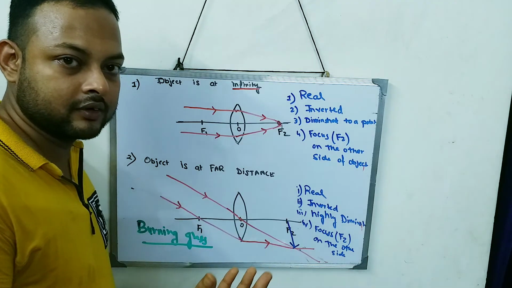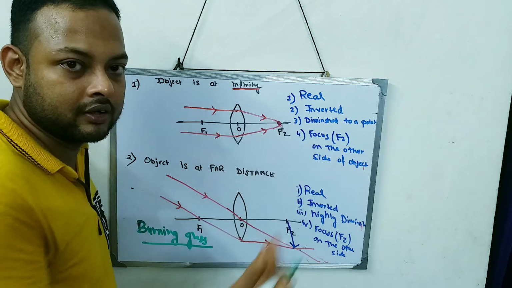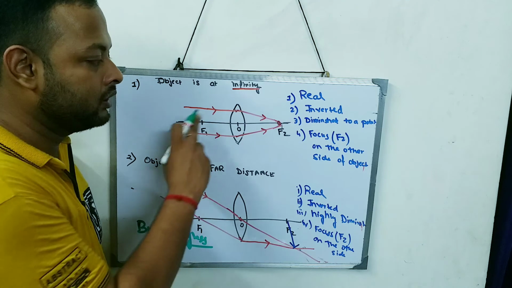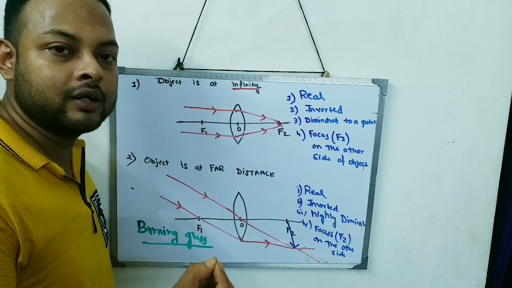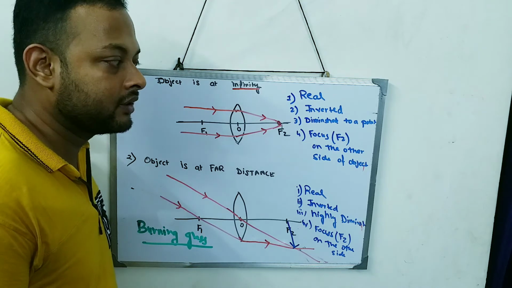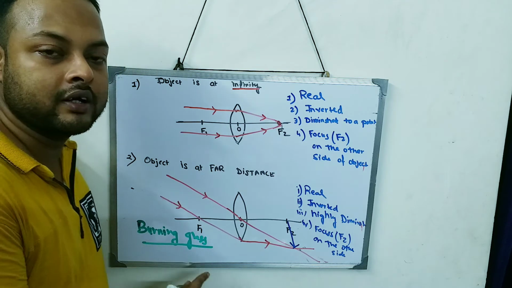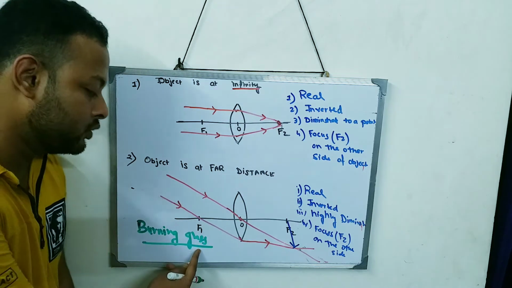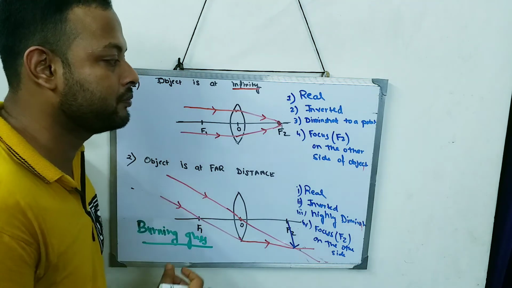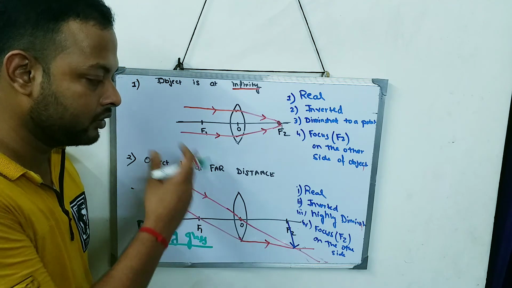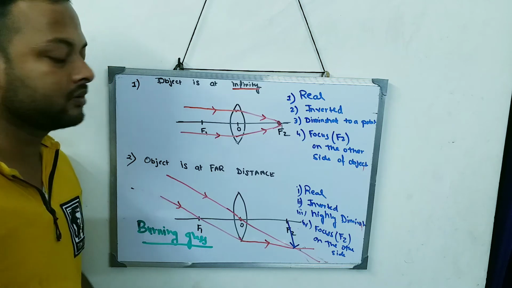You take the lens and put it under the sun. On the opposite side, you put a paper. What will happen? All the sun's rays will get converged to a single point. And at that point, the temperature is so high that the paper is going to burn. So that is why we say it is a burning glass, a glass which is used to burn papers. So for both it is used. So I hope you understood the first two ray diagrams.